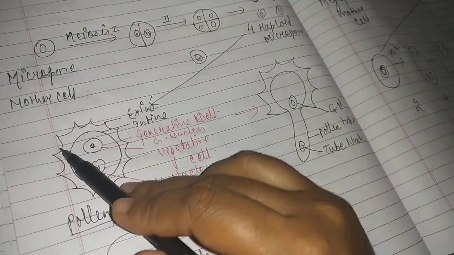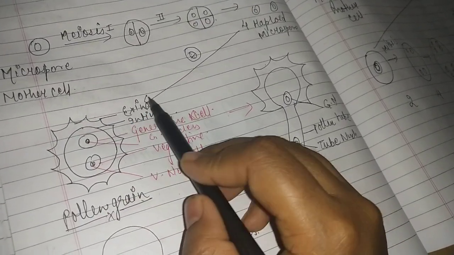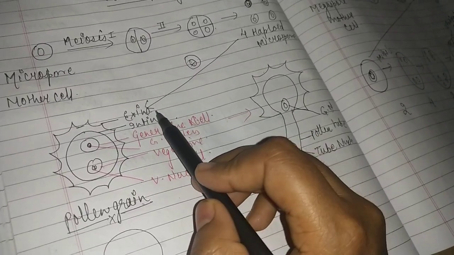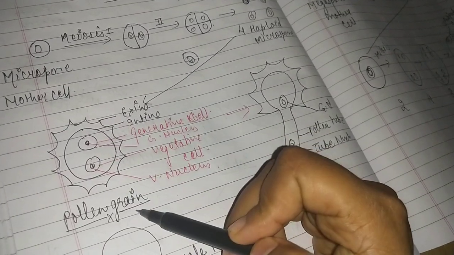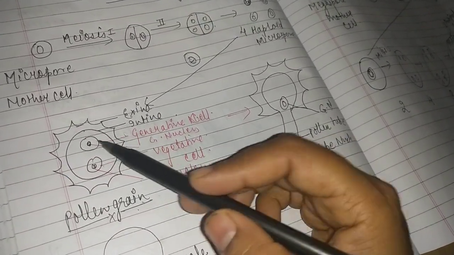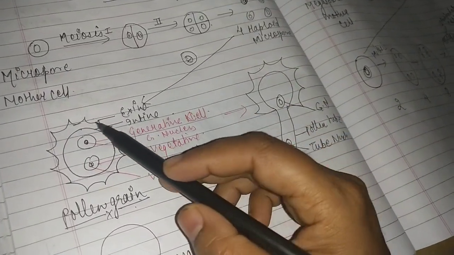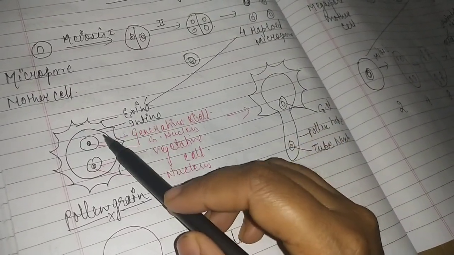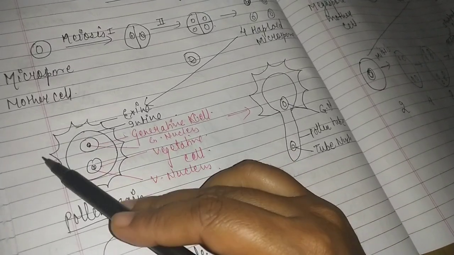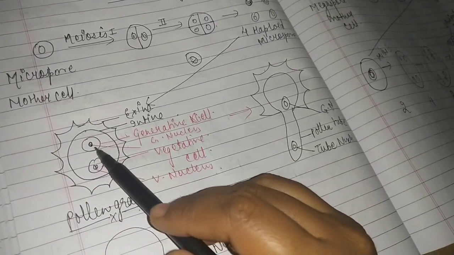We will see the simple structure of the pollen grain. The pollen grain has an exine, the outer part. The exine basically helps the pollen grain fight the unfavorable conditions of the environment. That's why the pollen grain can remain for so many years inside the soil, etc. And this is the intine. Inside the intine, you can see the cell. This is the basic structure of the pollen grain.